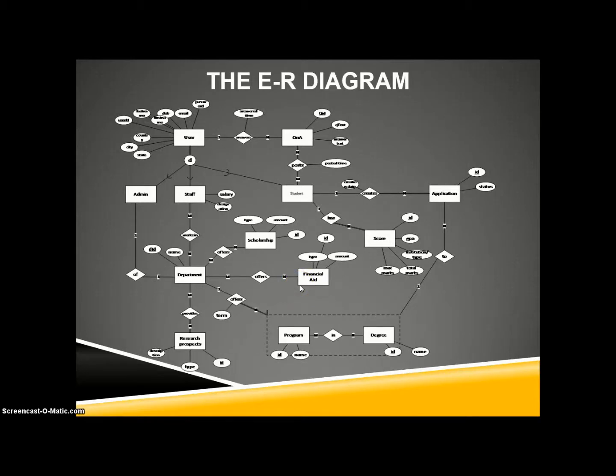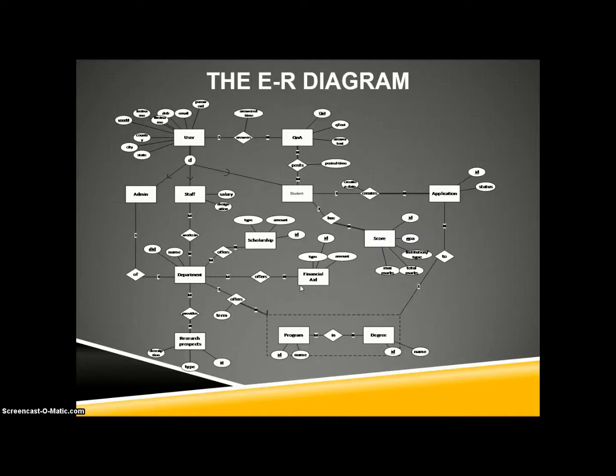One student can create n number of applications which has a creation date on which it is created. Hence, it has a 1:n relationship. Application is identified by an application ID which is unique and it has a status. When a student makes an application, he has different kinds of scores and the relationship is 1:n. A score has a unique ID, GPA, an institution type, the total marks, and the maximum marks the score can have.